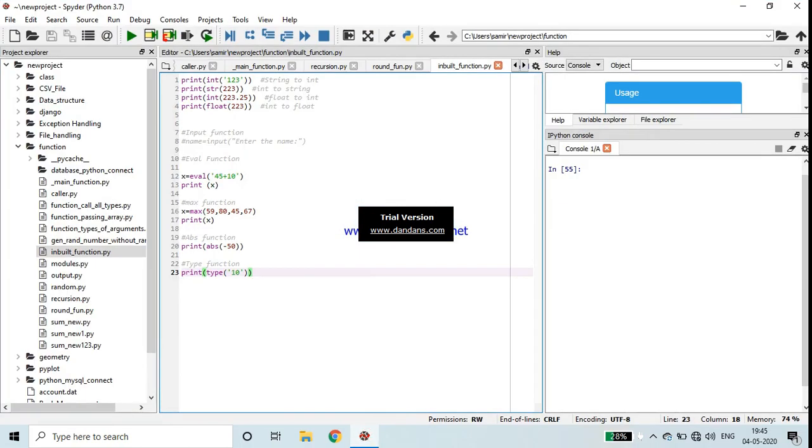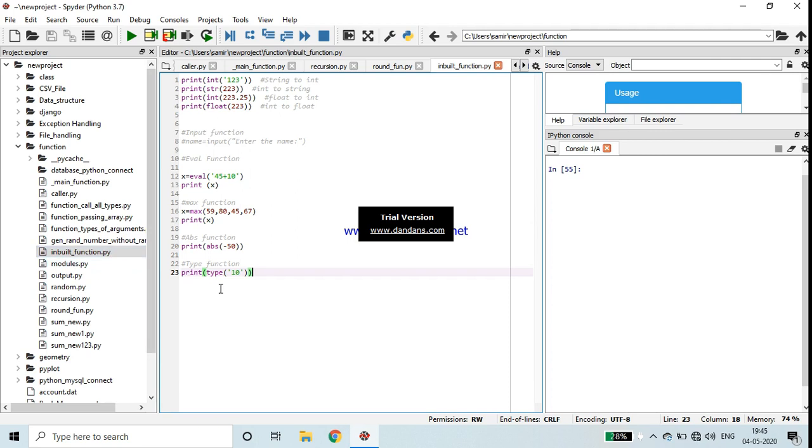As you know, we have already started different types of functions. Functions can be categorized into three ways. First is inbuilt, second is module, and third one is user defined. User defined we have discussed, and you have seen many programs I have given you. Today we will see inbuilt functions. Some examples of inbuilt functions are here.